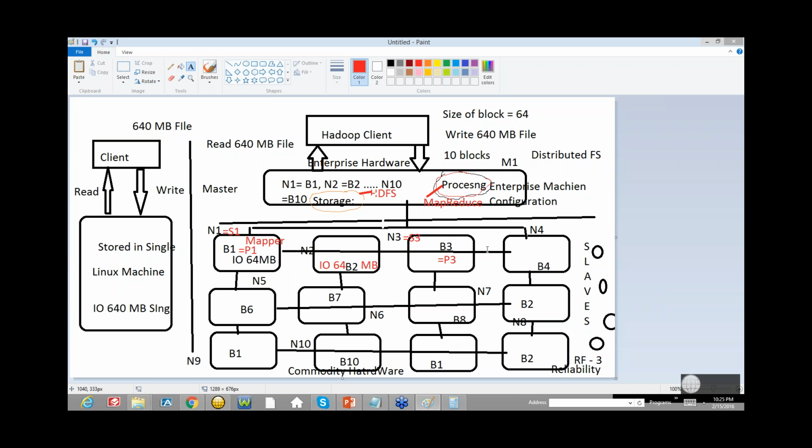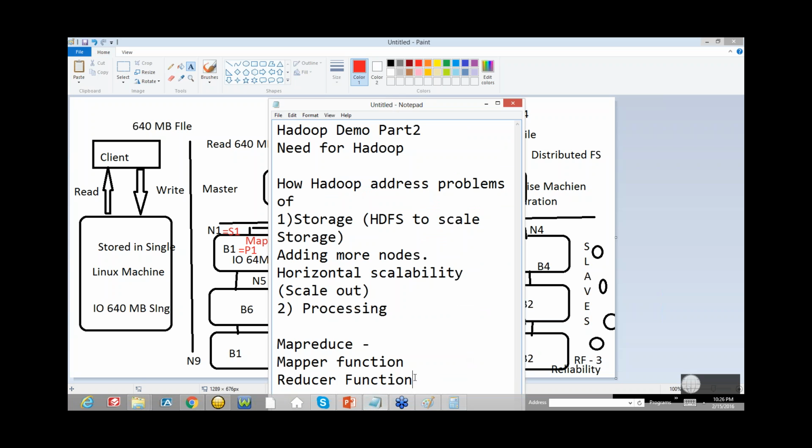Again, I am the master. I got the output from each student and I will give it to another student, the 11th student. What the 11th student does is go through all the 10 outputs given by the students and come up with the maximum temperature ever recorded in India. That is called the reducer function. And the mapper, in this case, gives the maximum temperature in a page. So the reducer